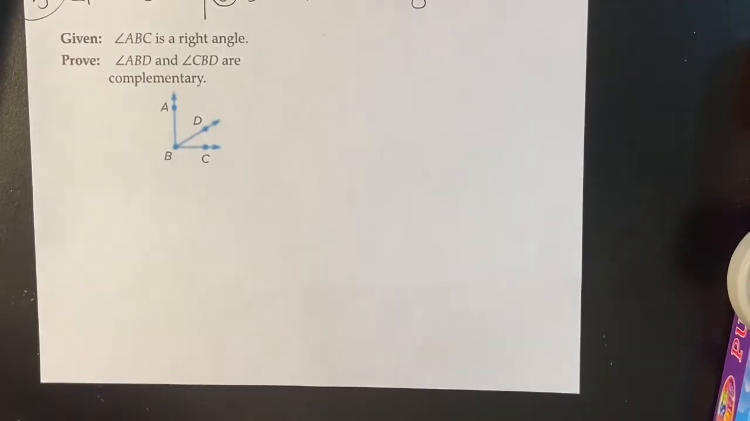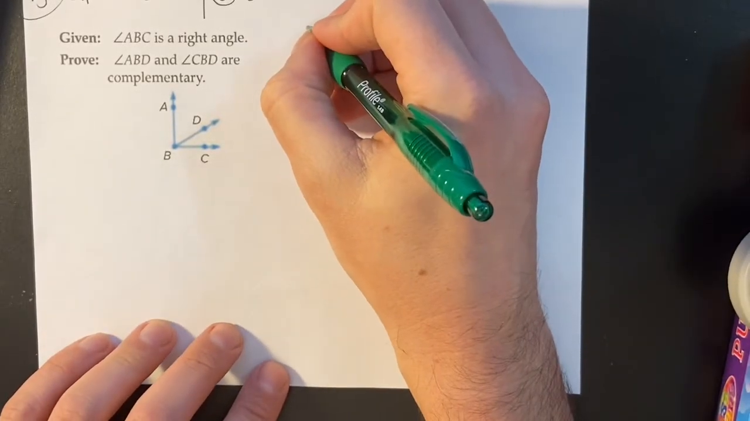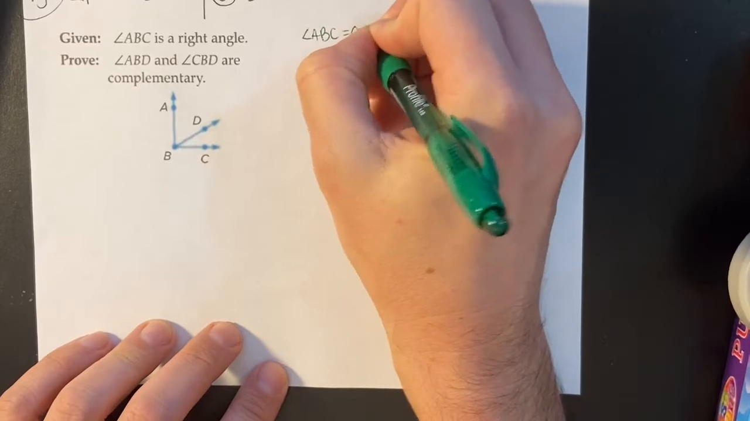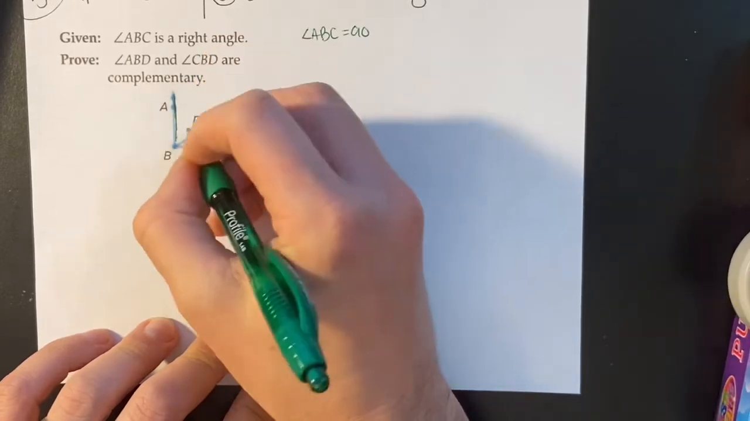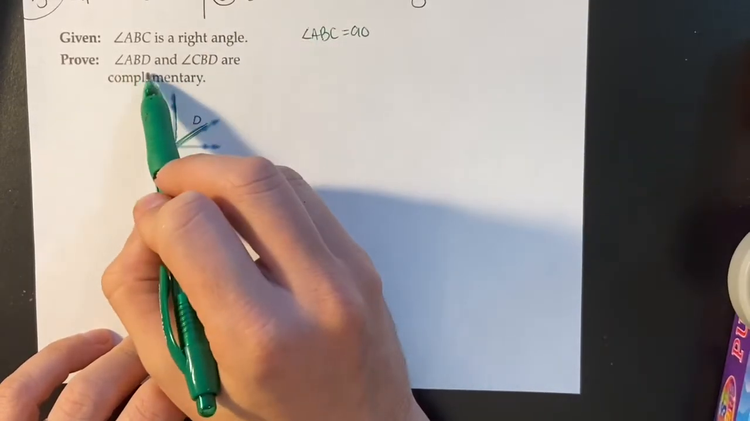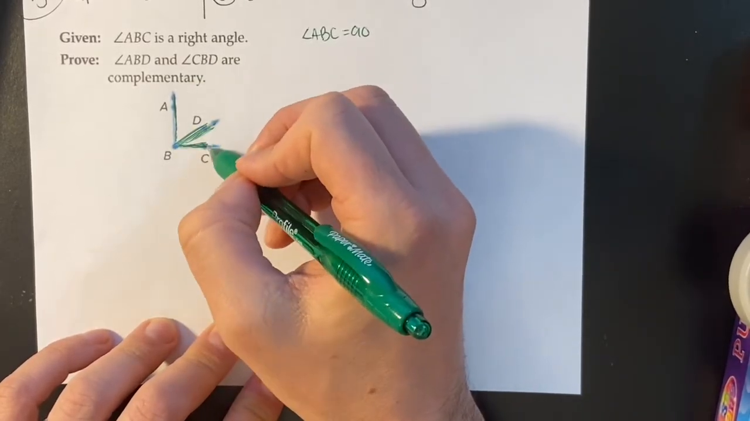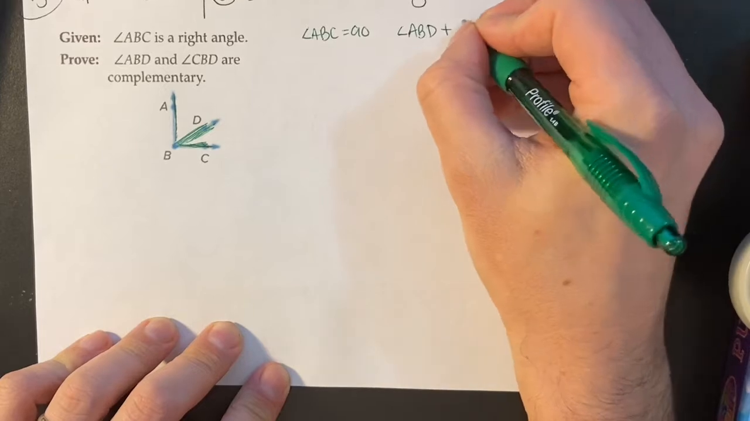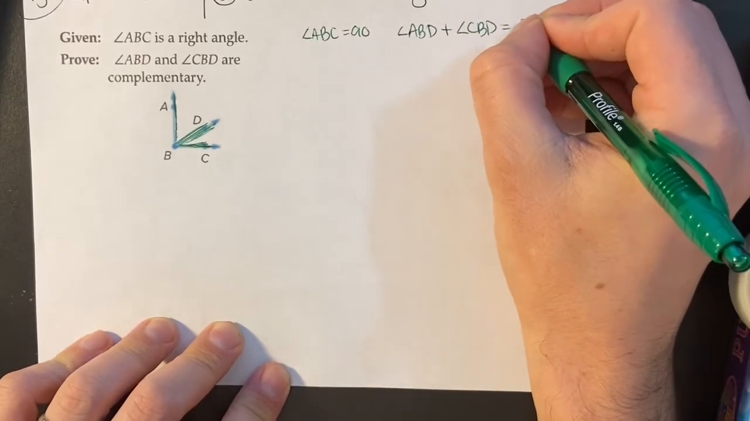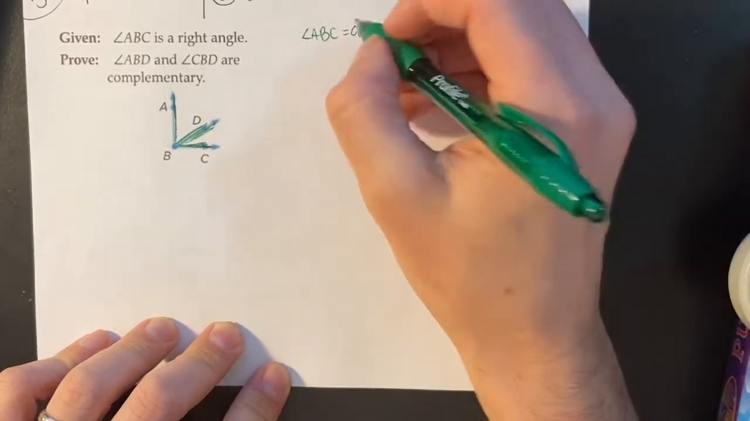ABC is a right angle. So I know, and I can write over here, that if ABC is a right angle, then ABC is 90 degrees. I know that it's talking about ABD and CBD being supplementary. So these two are ABD and CBD. ABD plus CBD are going to equal 90. So then if they're both equal to 90,